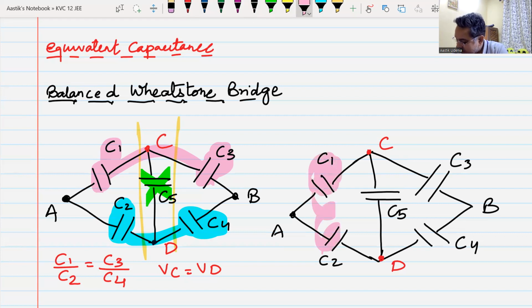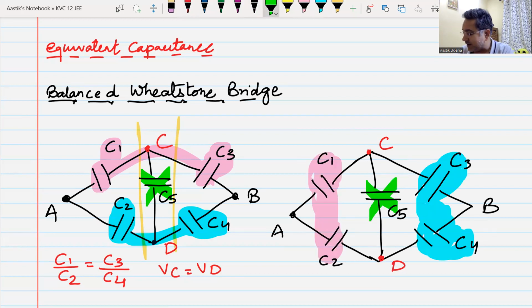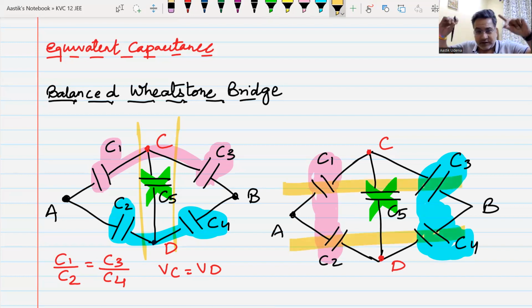This C1 and C2 will come in parallel, because one plate is connected to point A and the other plates are connected to point C. So C1 and C2 can be taken in parallel. Similarly, C3 and C4 can be taken in parallel. Remember, the C5 capacitor is already out of the circuit. The effective capacitance of these two will then be in series,